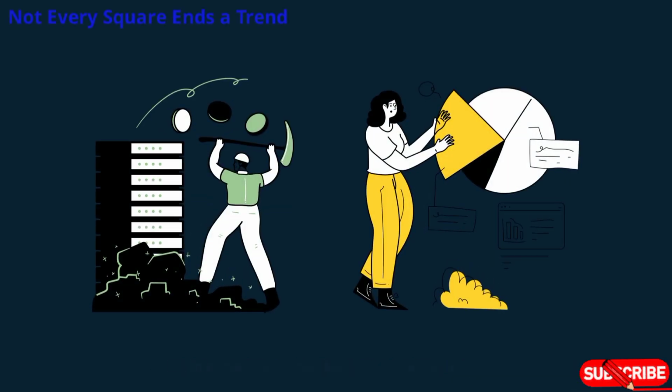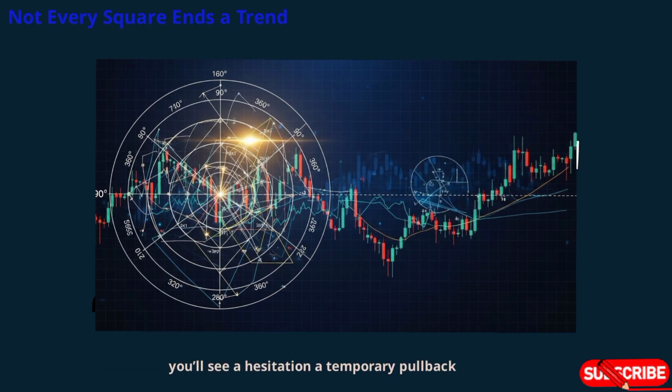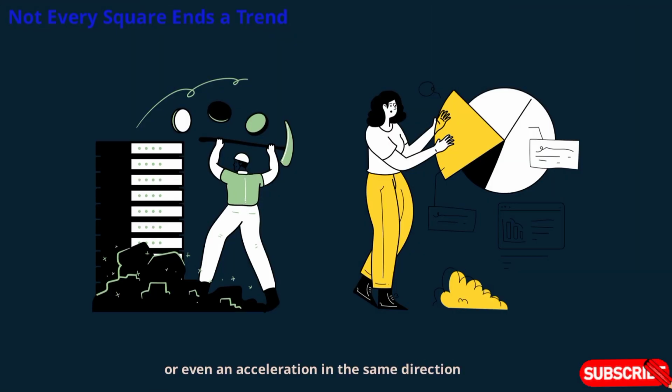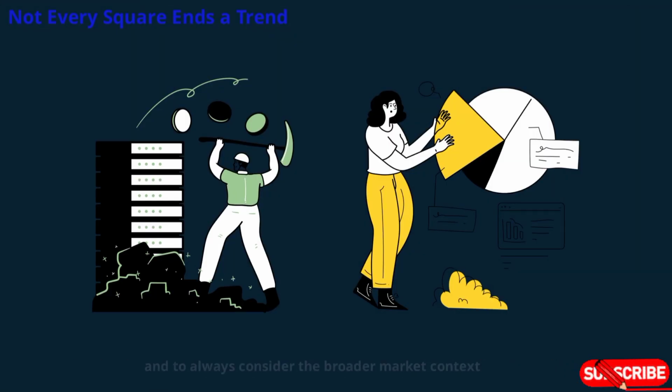It's important to remember that while many trends end when price and time are squared, not every squaring event will result in a trend reversal. Sometimes you'll see a hesitation, a temporary pullback, or even an acceleration in the same direction. The key is to use squaring as one tool among many in your trading arsenal, and to always consider the